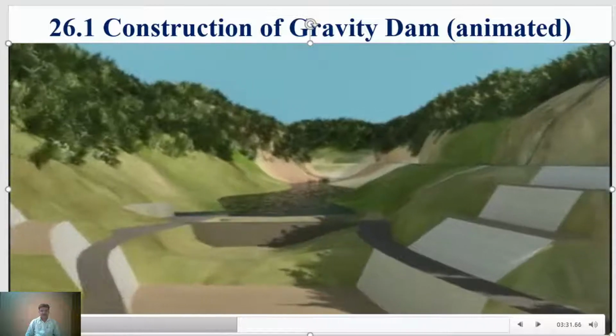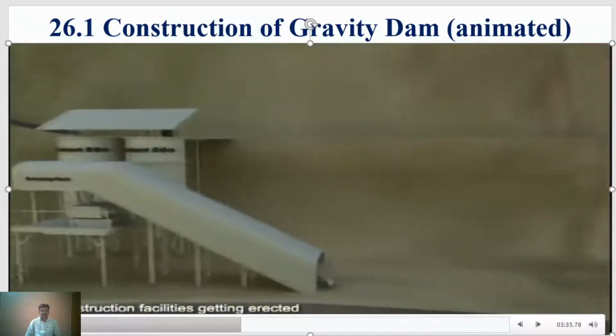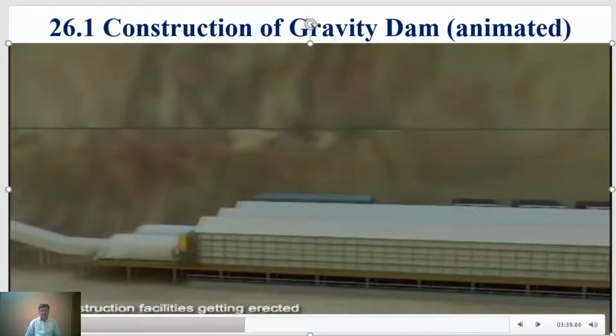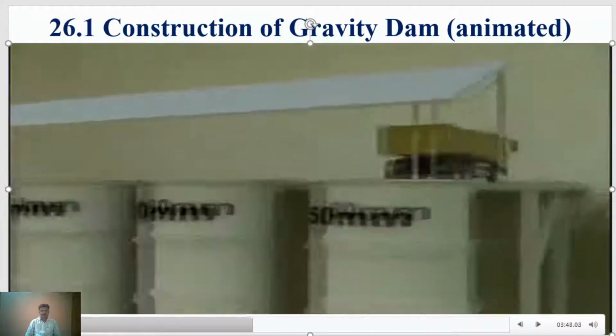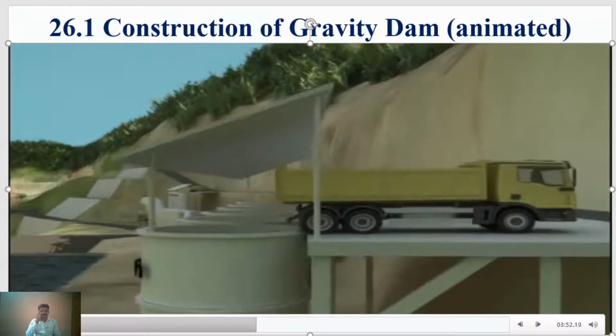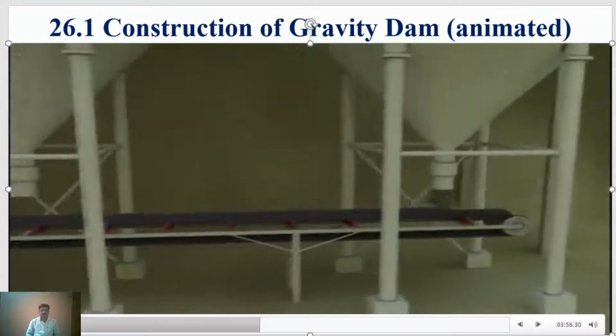Simultaneously, tower cranes, batching plant, wet belts and other construction facilities are erected at appropriate locations. Let us now understand in detail the trajectory of material movement involved in the process of building the dam structure. Dumper trucks travel via an approach road to the aggregate silos and dump the crushed aggregates in the respective silos.